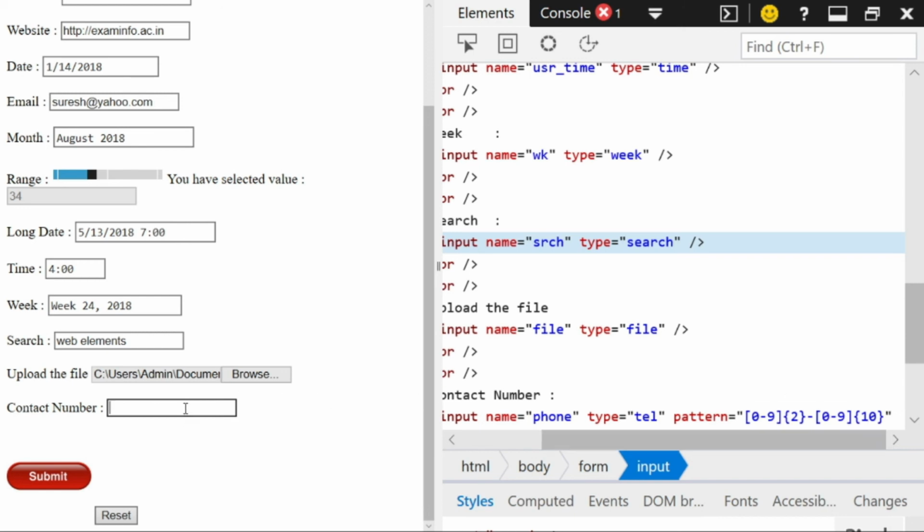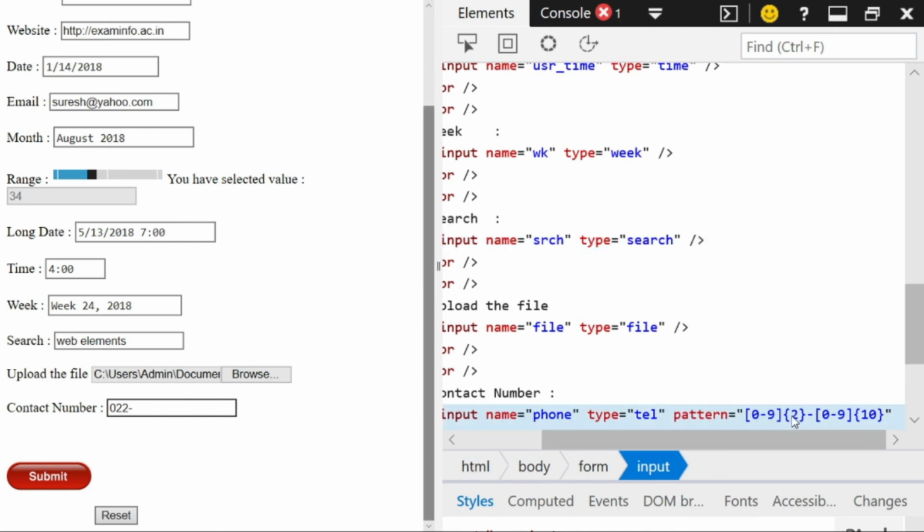Basically a phone number is made up of area code and the mobile number. So I try to give a number which is 3 in length, while actually I have to give 2 in length. As you can see it here, it should be 2. Let me check how the message is prompted. So I have given all the 10 digits. Let us see, it should give me a message. Yes, it is giving me a message. The moment I remove this 0 and I just keep 2 to 2, it should allow me. Yes, it is now not showing any message to me.